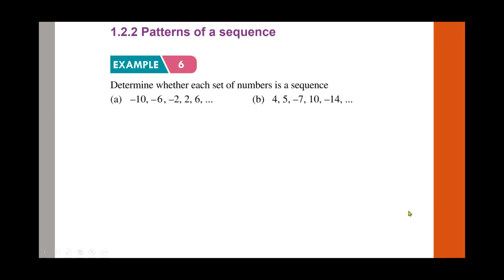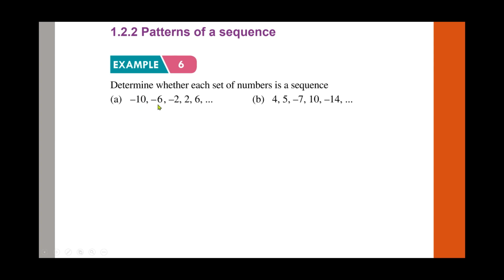So this is example 6 from your book. Determine whether each set of numbers is a sequence. We need to find out whether it's a sequence or not by following the pattern. If it follows the pattern, it means that this set of numbers is a sequence. If it doesn't follow the pattern, it's not a sequence. So if we look at A here,